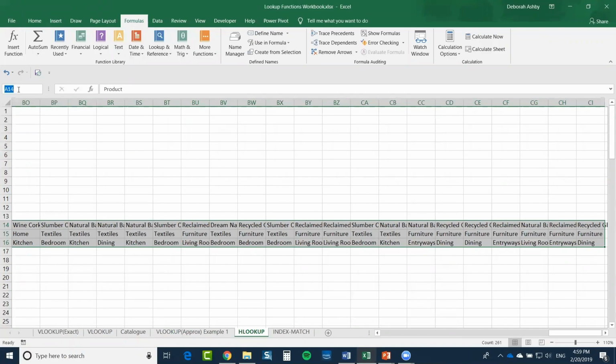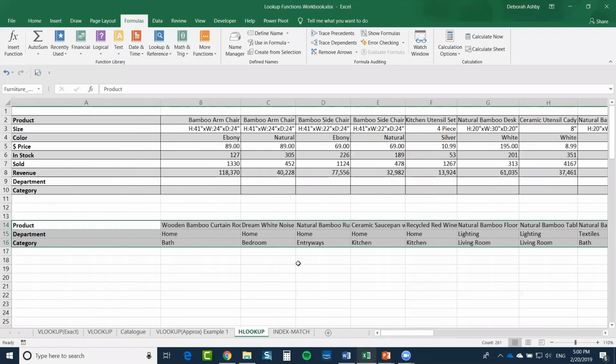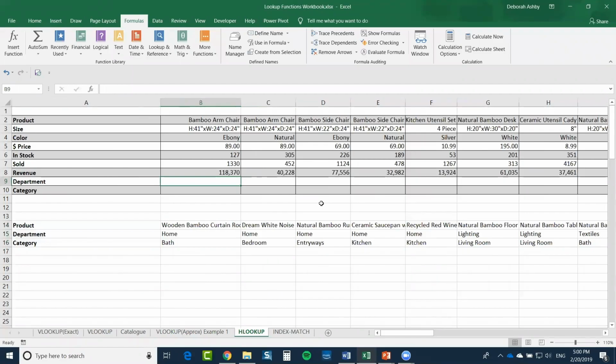And I'm going to call this one furniture underscore sales. And now we can do our HLOOKUP. It's pretty much exactly the same. HLOOKUP, and then we want to do our lookup value, which is the bamboo armchair, same as before. Table array, furniture sales,